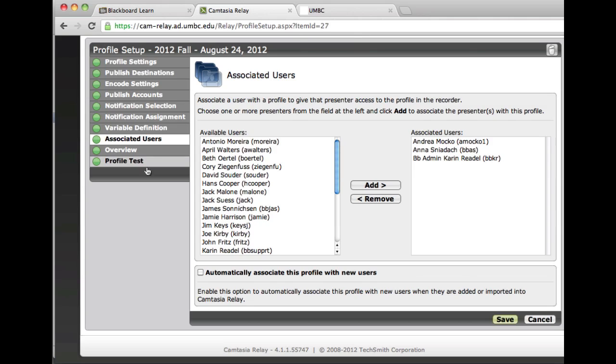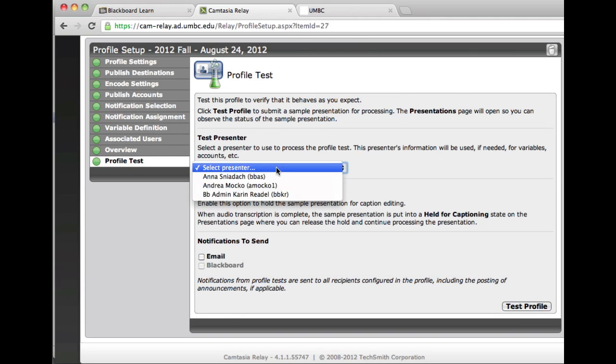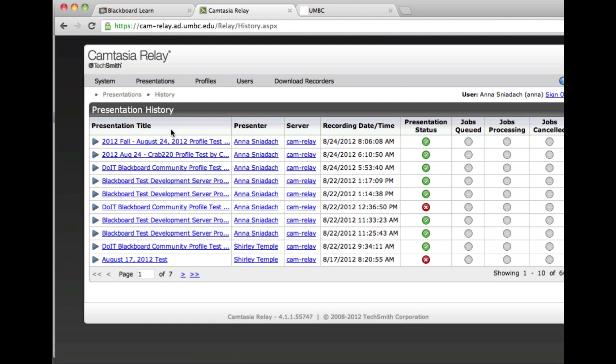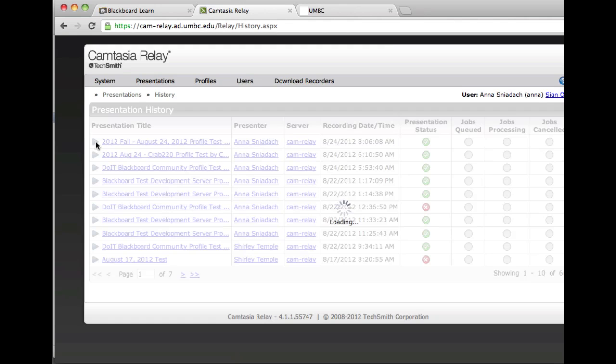You're welcome to do a profile test and select a presenter. Since you've only selected an email type of notification, select that option and you can click test profile, and it'll encode and let all the admins know once the file has been uploaded into iTunes U. It looks like our test profile has moved on to a different area, so we can go to presentations and go to history, and the test profile for my fall test course has now been completed